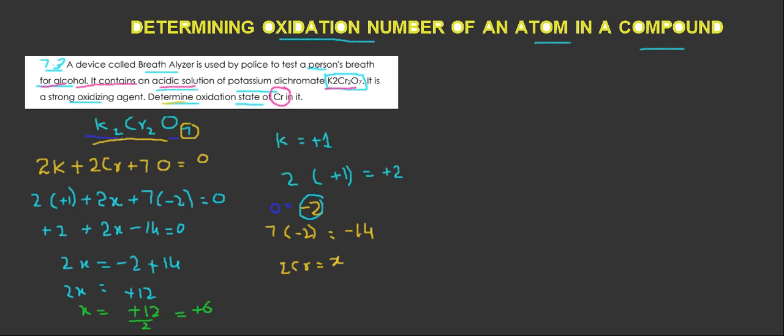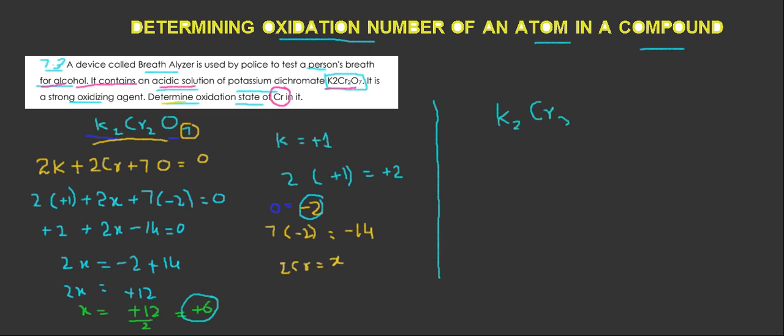Now what does this mean? This means that this +6 is the charge on the chromium atom. Now if you want to check whether you have done it correctly or not, you can write it like this. You have K2